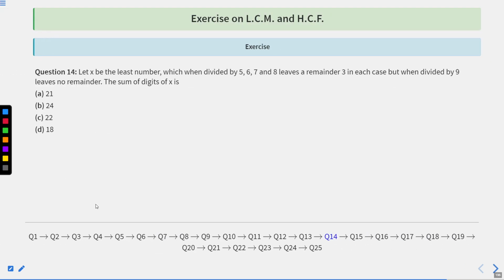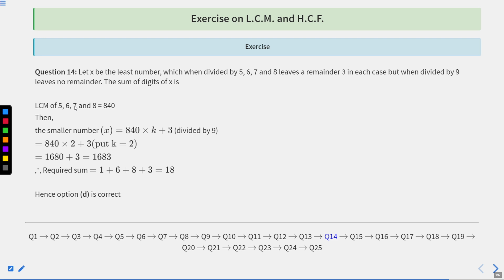Question number 14. Let x be the least number which when divided by 5, 6, 7, 8 leaves remainder 3. So x is the least number which when divided by 5, 6, 7 and 8 gives remainder 3 in each case, but when it is divided by 9 it leaves no remainder. So the sum of digits of x is,